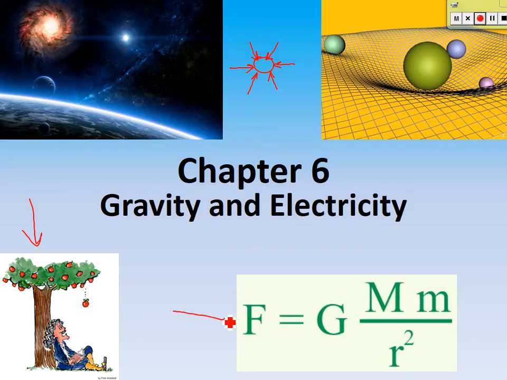This equation is what he came up with to figure out the force of gravity between two different objects. We're going to learn how to use his universal law of gravity equation here and be able to figure out the force of gravity between any two objects, not just between us and the Earth. But is there a gravitational field around your body? There is. You'll be able to calculate that. We can calculate the force of gravity on the moon or another planet, for that matter. Okay,